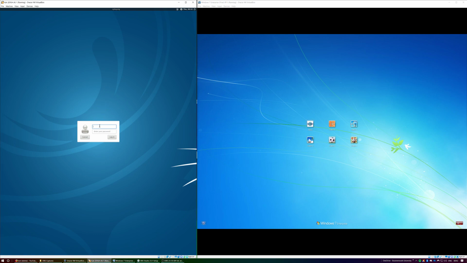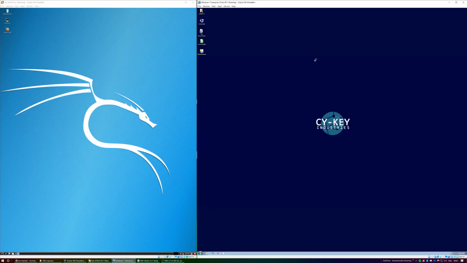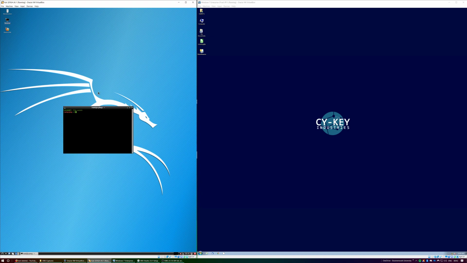So first things first, we've got a Kali Linux machine here, which is running 2018.4. Username root, password is Cykey, C-Y-K-E-Y, and that's used throughout the system. We'll log into client 1, which is set to static IP address 176.16.1.11, whereas the Kali is static IP address 176.16.1.10. The Kali Linux is static to 10, whereas the clients can be any other number, where 11 can